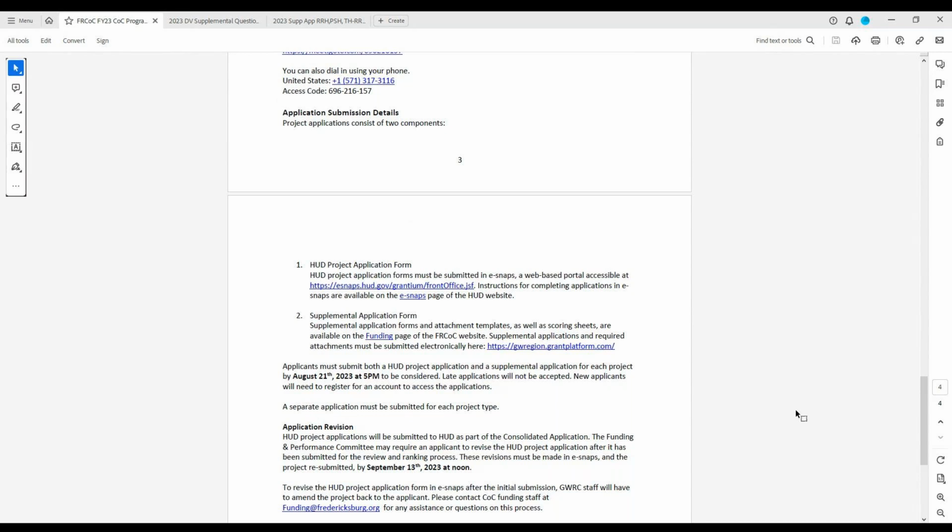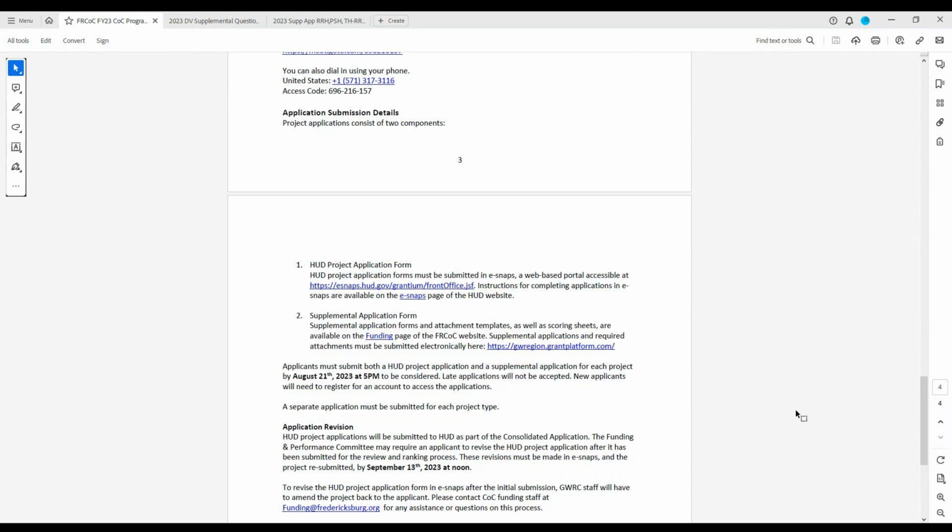And that will give some brief information on your project. It is the only piece that will be submitted to HUD through the full application process, but we do have a supplemental application that's just for local use. We use it for actually scoring our projects, but it does not get submitted to HUD. The HUD application does not provide enough information for us to objectively score projects on their value, their performance, or their need. And so therefore we have a list of other questions that we ask of applicants.